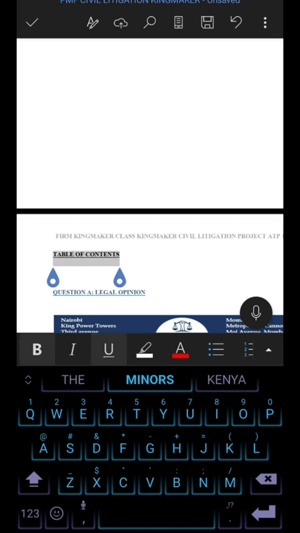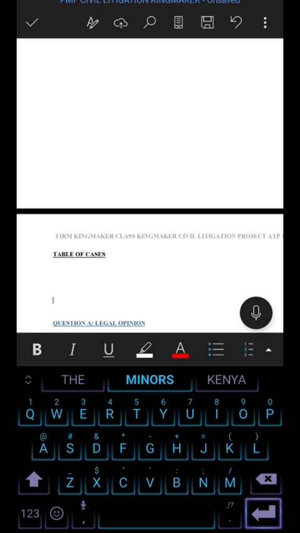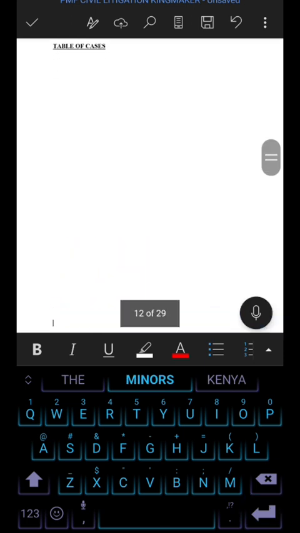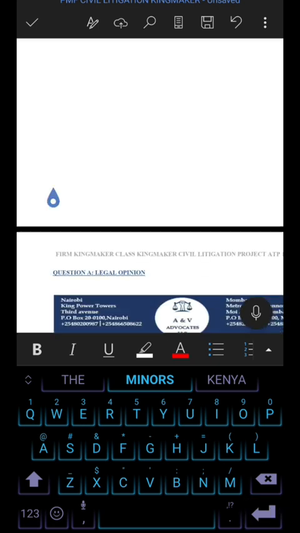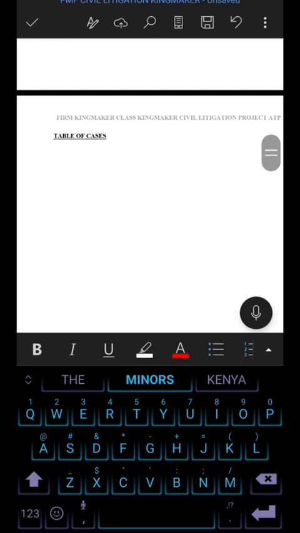That is the table of contents, then a table of cases. You'll mention all the cases here. I forgot to add it here, but it's optional. But if something is optional, take it. When you hear the lecturer tell you that you have an option of doing it or not, do it because it will show